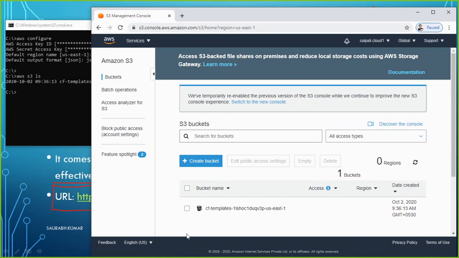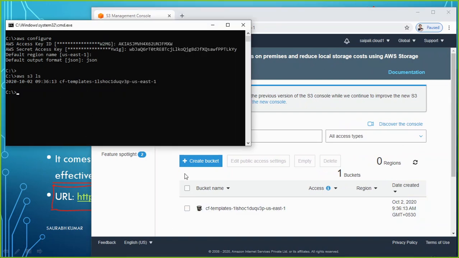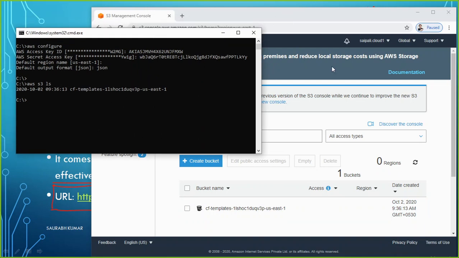So how many buckets do I have? I have one bucket. It is the same name it is displaying here, CF template. So now you can understand somebody is accessing AWS through the browser as a console. He is also able to see how many buckets are there, and I can see that also from my command prompt.